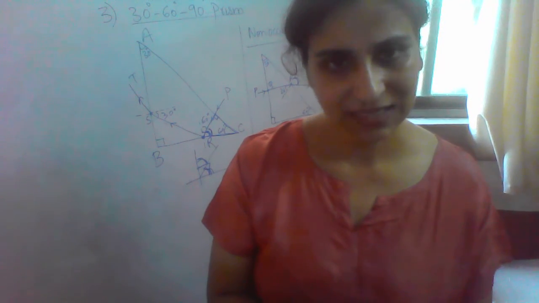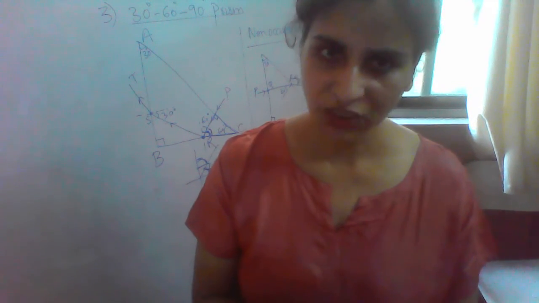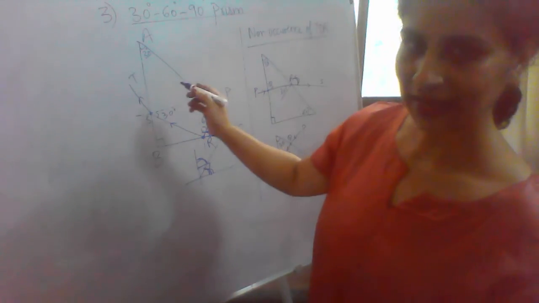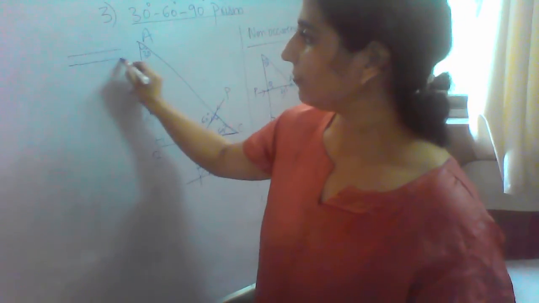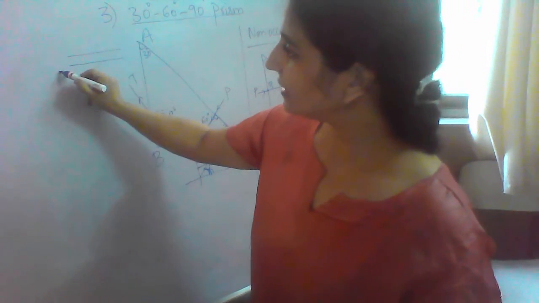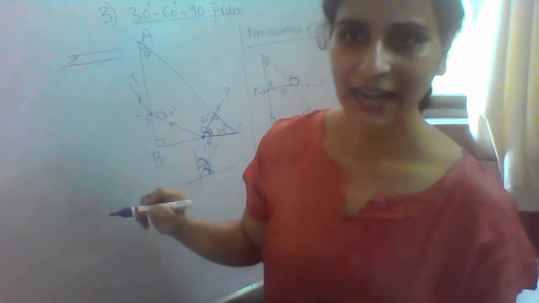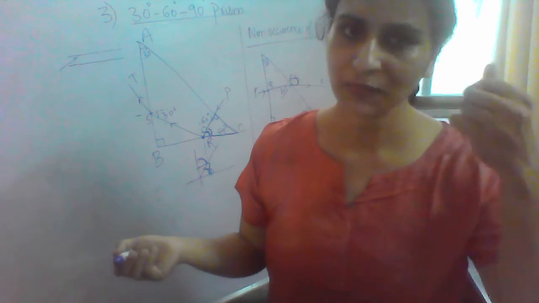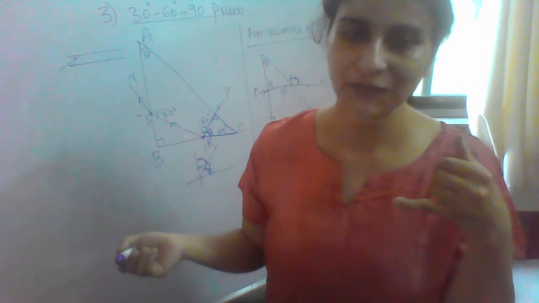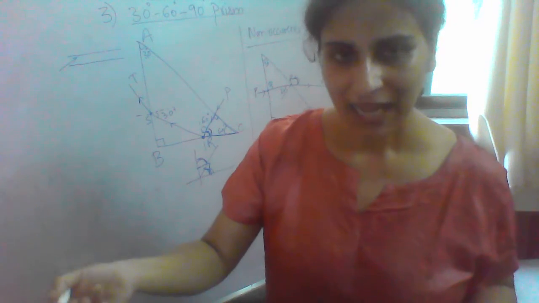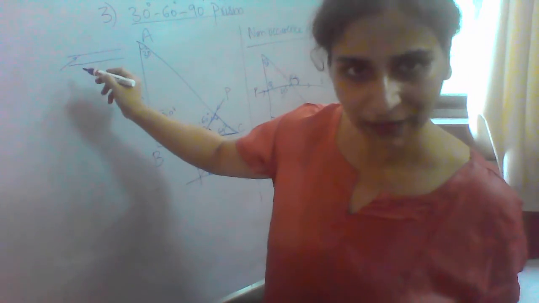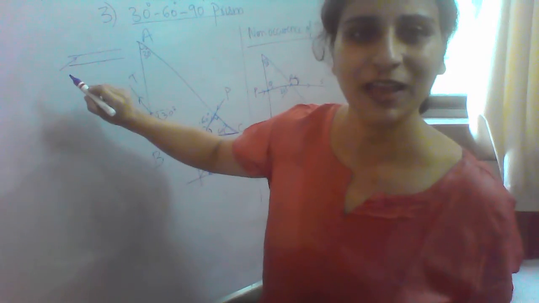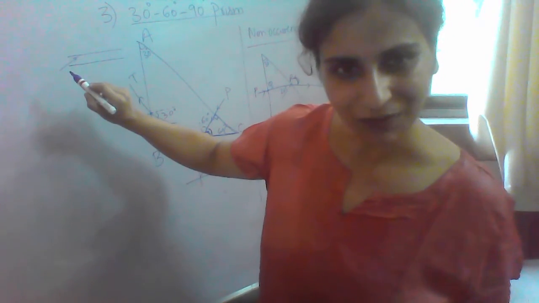Here what happens is that they send the information, they send the data inside the fiber. You can look at the diagram here. This is the optic fiber. So now they will send a ray of light which is information. Supposing it's speech, so I am speaking. My sound energy will be converted to light energy. Light energy will be sent through the optic fiber. It will be sent at such an angle that total internal reflection will happen.